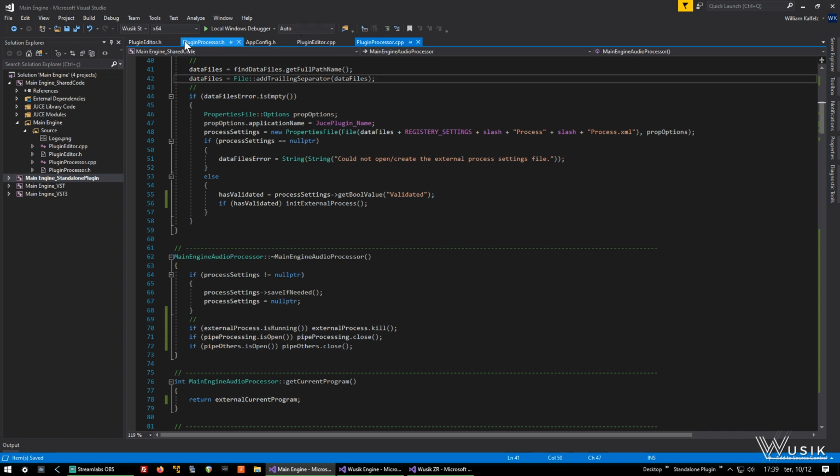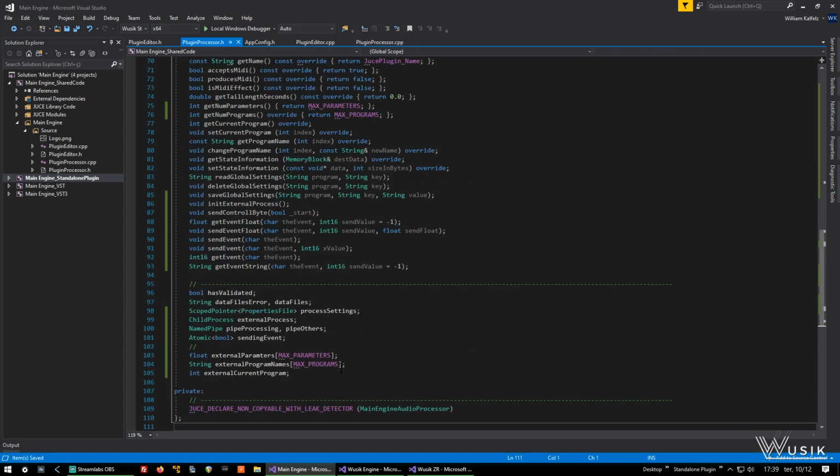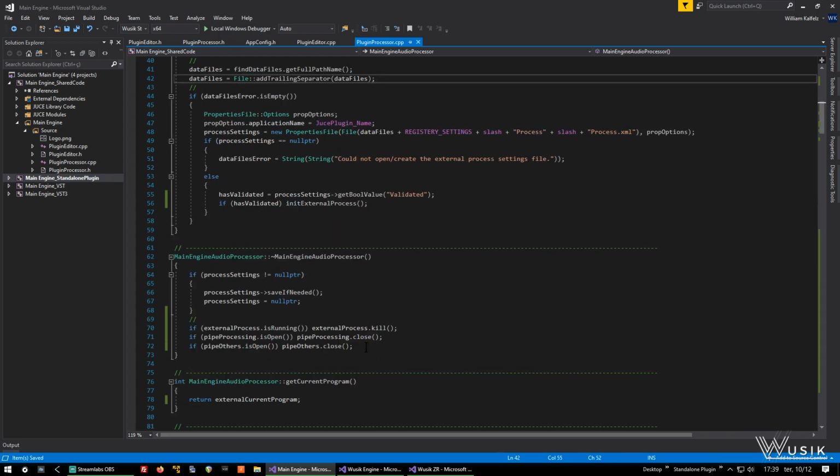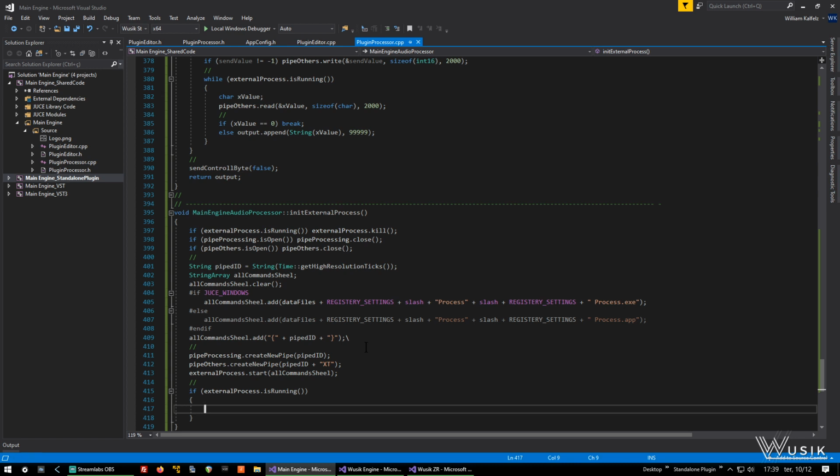I also need to buffer things out in here, like memory block, state, buffer state information. So when I create the external process,